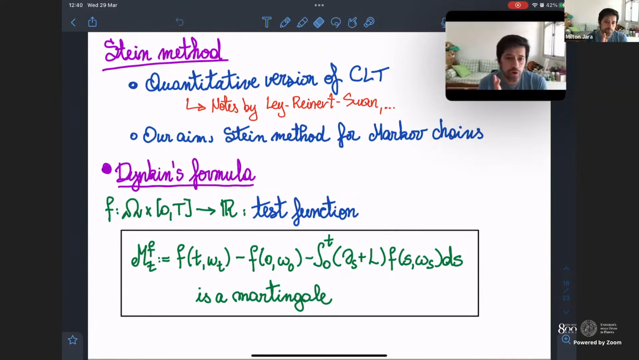Okay, so there is an enormous amount of literature about Stein's method, and so just to give you an entry point to the literature, I really recommend these notes by Ley, Reinert, and Swan, which are published in Probability Surveys. But there's a huge amount of things around. Okay. Surprisingly, for Markov chains,